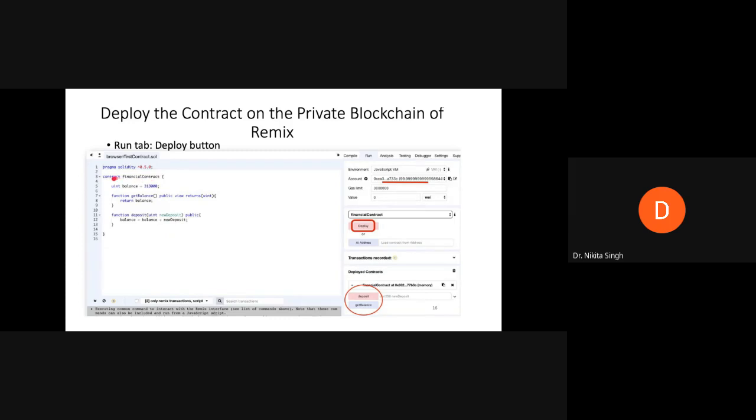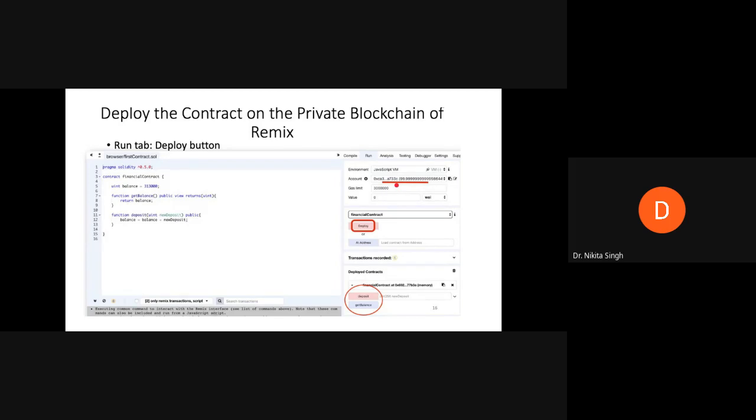Here we are using only one state variable, which is balance, and this balance is what will be stored as a state variable on our blockchain. This is the simple way in which we had previously been writing our smart contracts. We had one account address, which was the account address of the user who was initiating this smart contract.